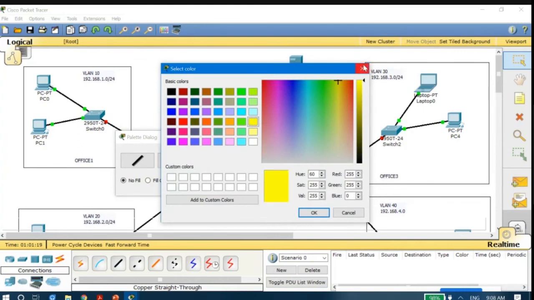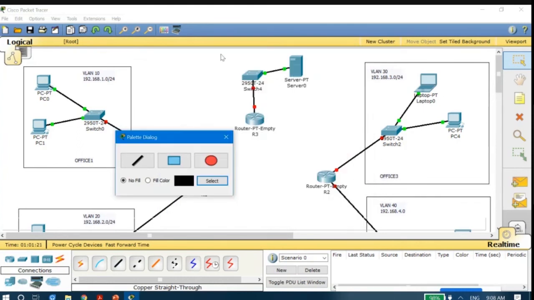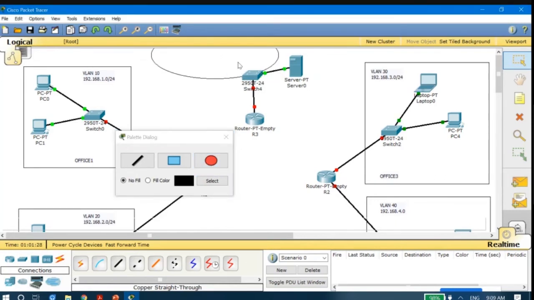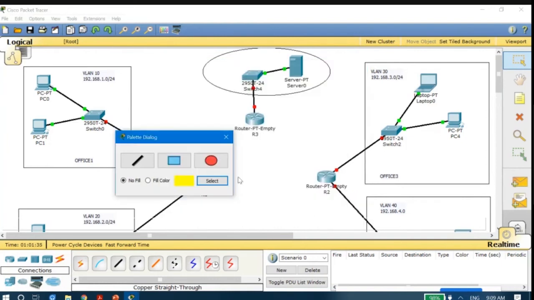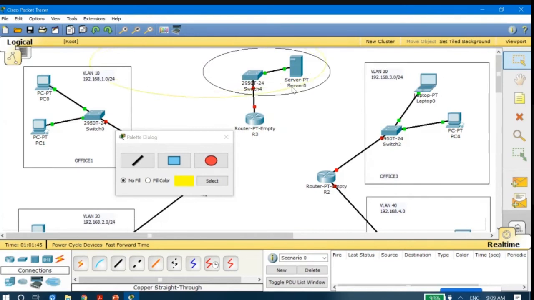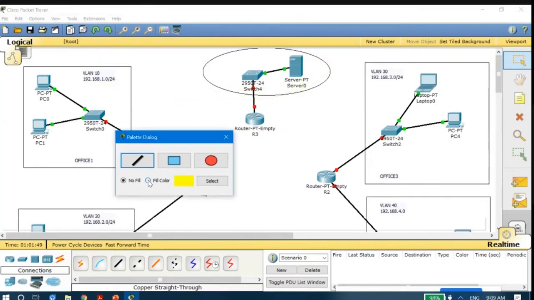So use the yellow one. Fill color. Then the ellipse icon.